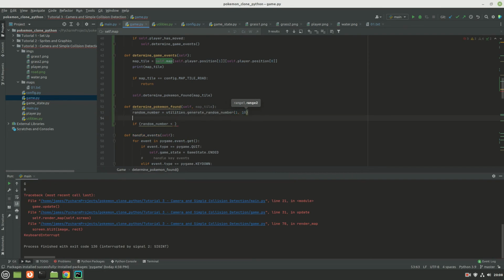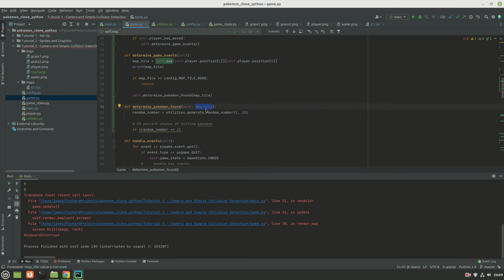So we're going to put it between 1 and 10. Now we can just basically say if it's less than or equal to 2, which is 20% chance, now obviously we could adjust the percentage based on where they are.